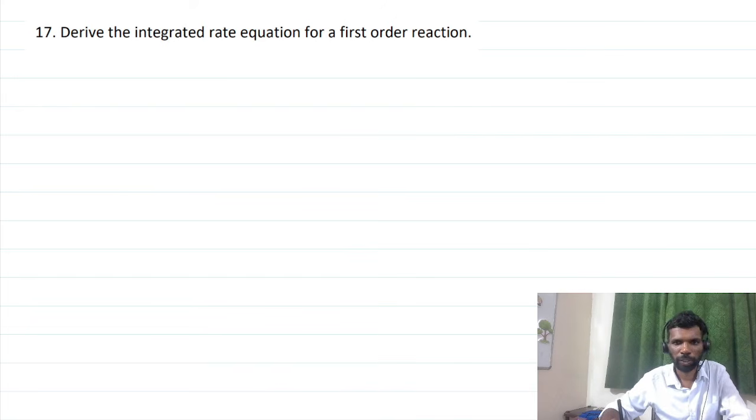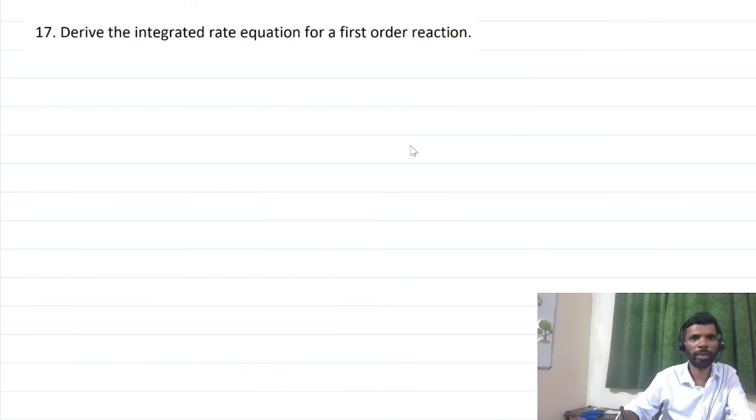Again, this derivation is for 2 marks. Derive the integrated rate equation for the first order reaction. Now, this is for the first order reaction. Let's derive. Consider while writing how you should be. You should be as presentable as possible. So we'll write, consider